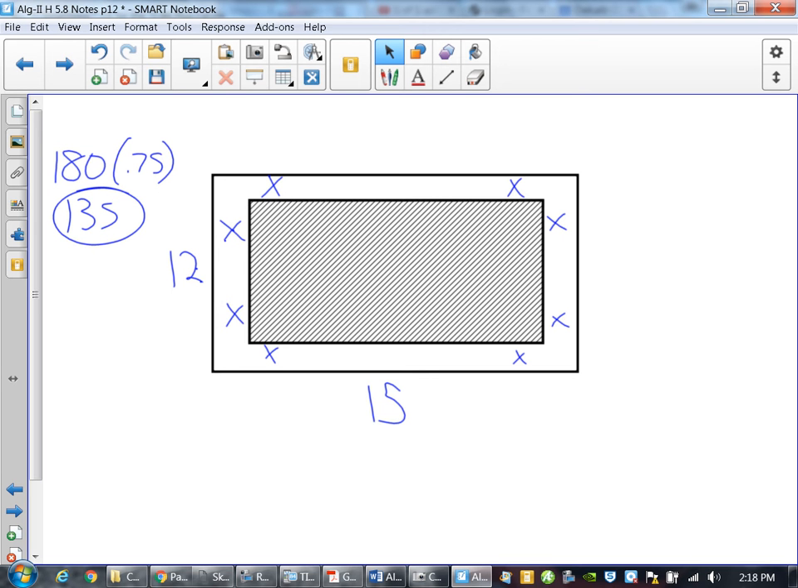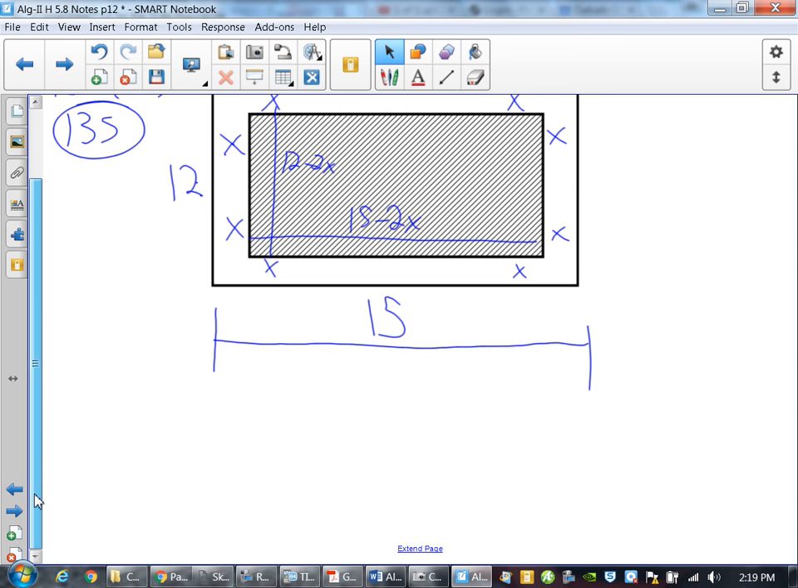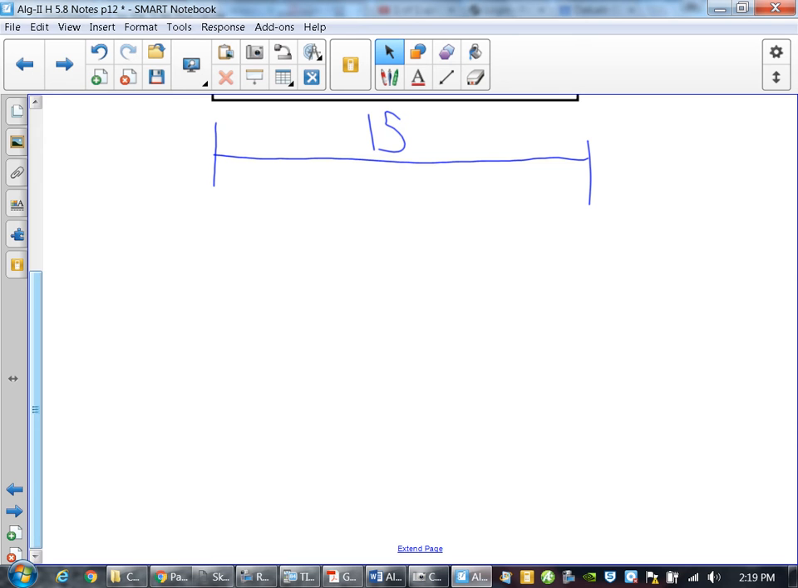But I have to figure out the dimensions. Now, if this whole chunk is 15, that means this chunk is 15 minus 2x, because I took out x on both sides. Same thing going the other direction: it's 12 minus 2x. Those two have to be multiplied to equal 135 for the area. Now what's tricky with this problem